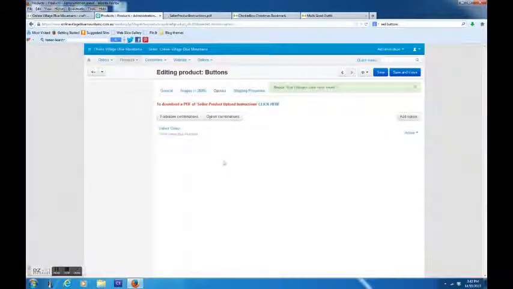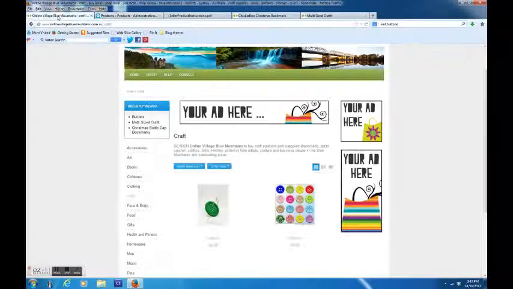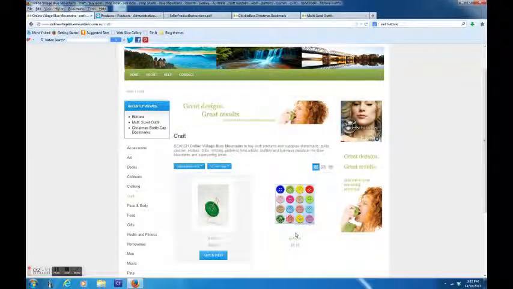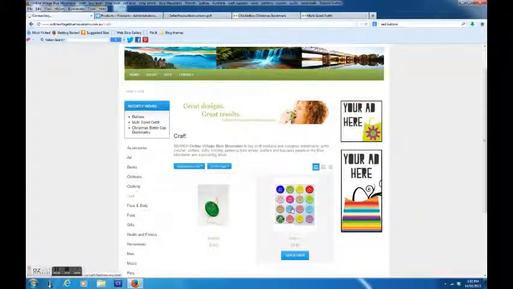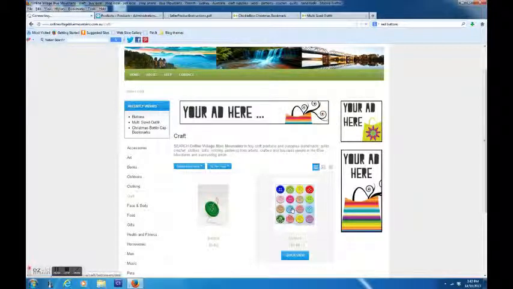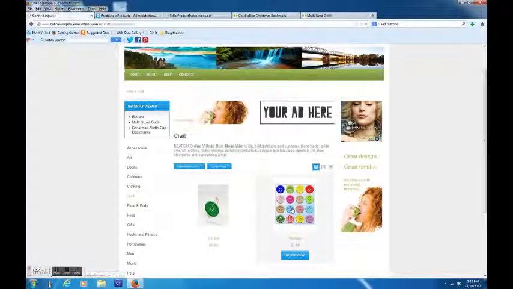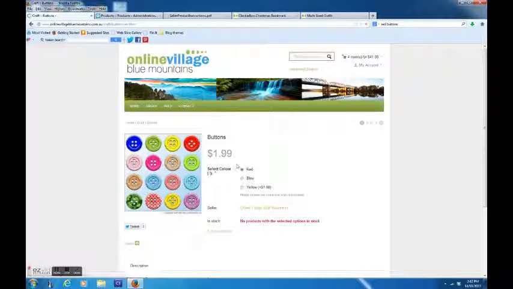Okay, so that's been done. If I go over here, because I've already activated this, I just want to show you. Here's the product before I click through to it. And I click on it. And you can see here that we can buy the product in red, in blue, or in yellow. And you can see here the yellow is $1 more. So normally the buttons are $1.99. If I click on yellow, it'll change it to cost